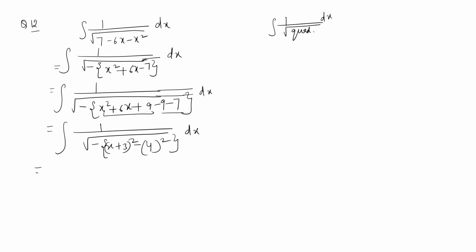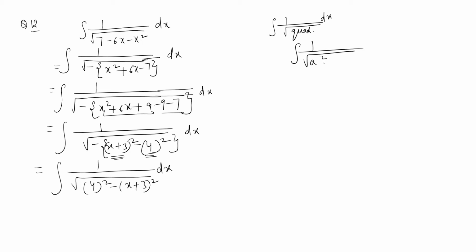Dx. Now here comes the thing which we need to observe all, right? That I will shift the position of this real number term and this variable term like this, so that this negative sign is adjusted inside, right? In the questions of square root, this is the thing which you should observe and take care of, right? So that now the formula has shifted to 1 upon a square minus x square form instead of 1 upon minus times x square minus a square, right?